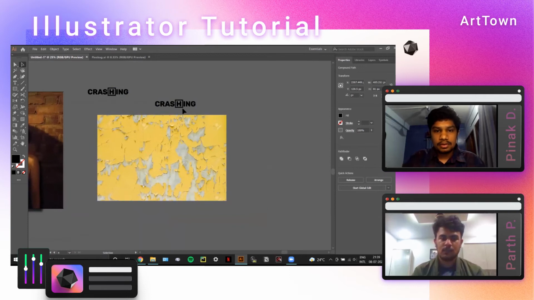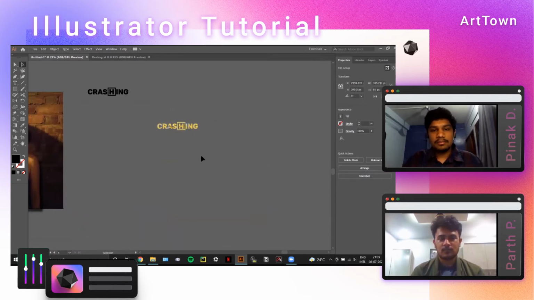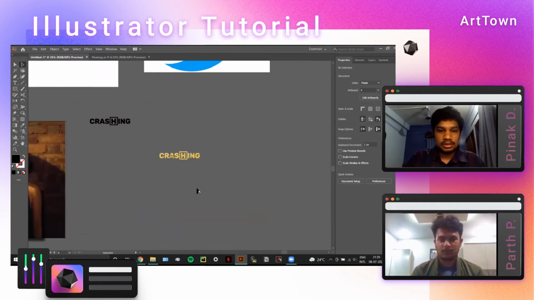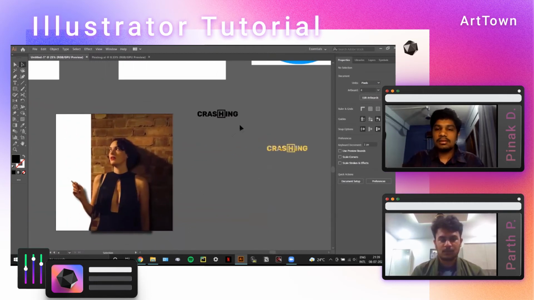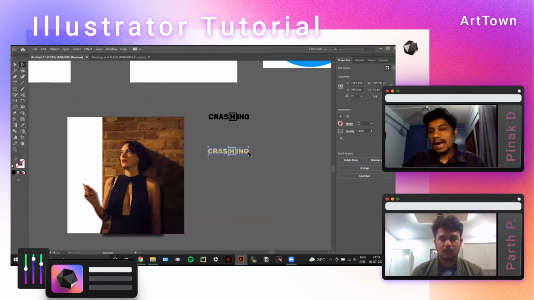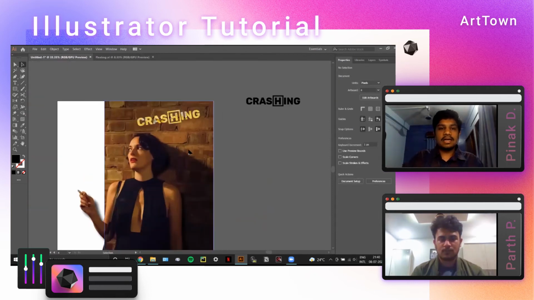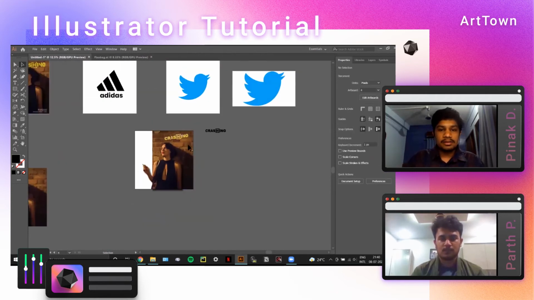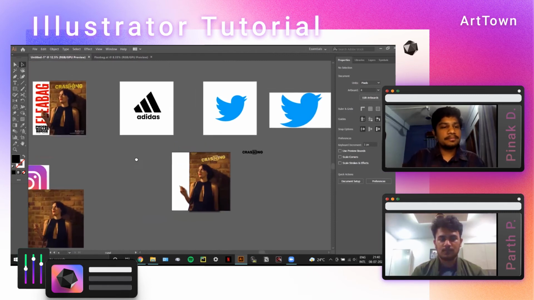Okay. So I bring it over and press Control 7. So I get the effect of ripping the paper out. This was quite fast, and we can add many more different effects to it to make it more real. I just added a tilt so it looks much more natural, so it still stands out. We can add multiple layers to make it more real. It depends on your designing style again.